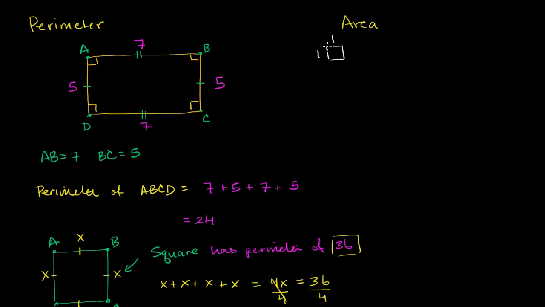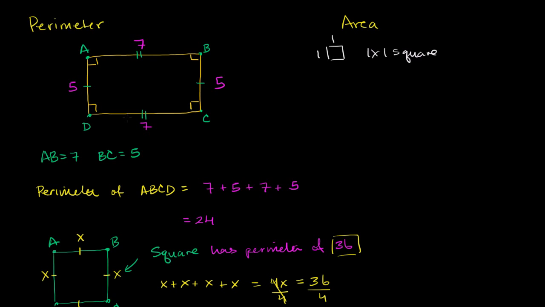And for a square, you could say it's a 1 by 1 square, because that specifies all of the sides. You could really say for a square where one side is 1, then all of the sides are going to be 1. So this is a 1 by 1 square. And so you can view the area of any figure as how many 1 by 1 squares you can fit